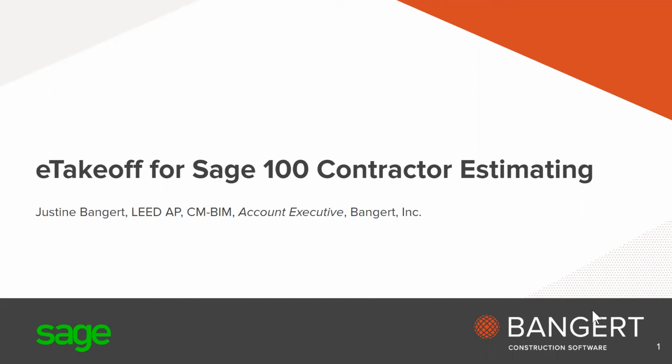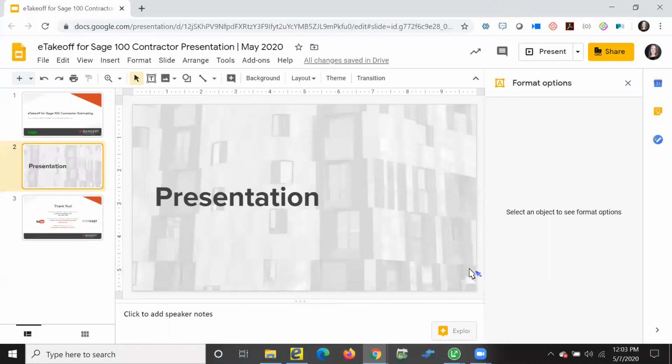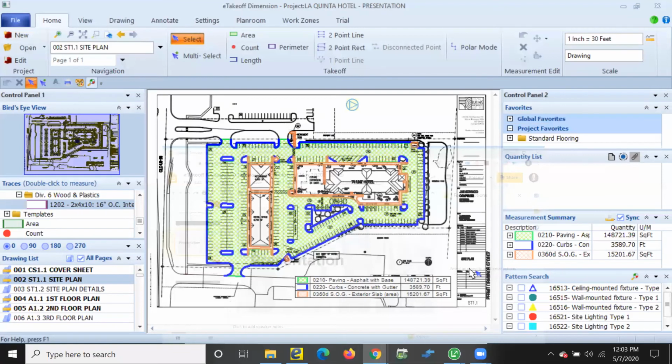So with that, I'll just get into the product here today. So this is what eTakeoff looks like. eTakeoff is built with that familiarity. A lot of folks use the Microsoft products. So you'll see at the top here, we have the ribbon with some tabs with different tools and so forth. You can also have quick tools down here in the upper left. eTakeoff works with quick keys or hotkeys as well for making even faster takeoff.